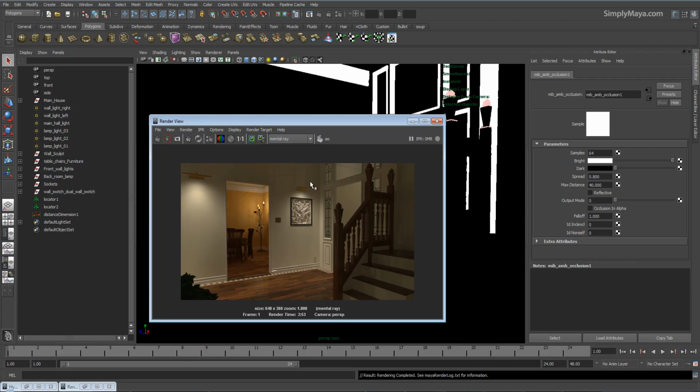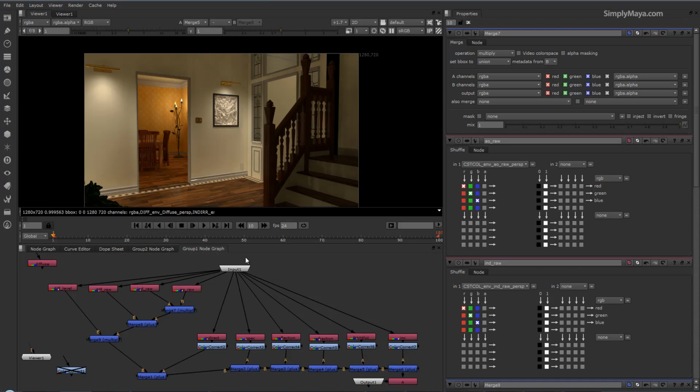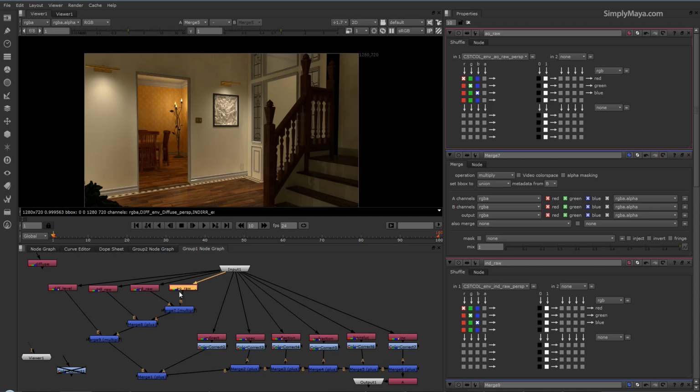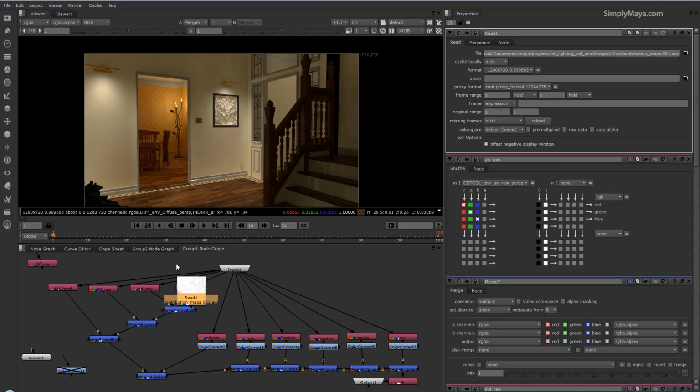Okay, welcome back. Our ambient occlusion render is finished, so let's just swap back into Nuke, and you can see here we have this AO raw, which was the ambient occlusion we got from the Maya Material X that I wasn't very happy with. So I'm going to read in our new ambient occlusion, and as I say, this is the correct place to apply this. So what we need to do is put this one in here instead of the AO raw. So unhook this,